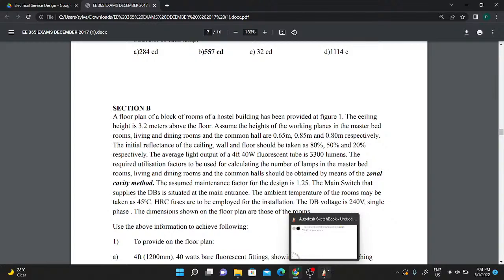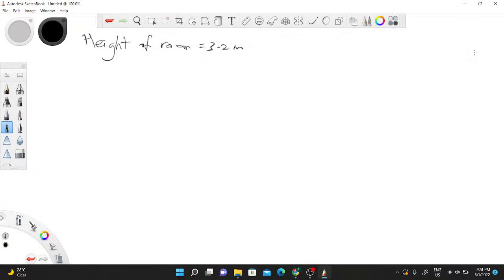So they've given us the height of the entire room, and they've given us the height of the working planes, so we can find some parameters. For the master bedroom,